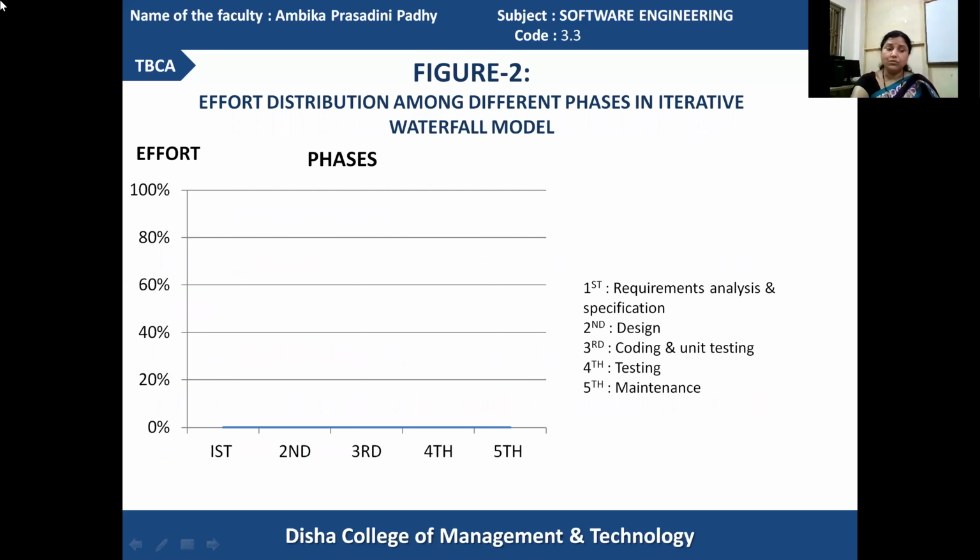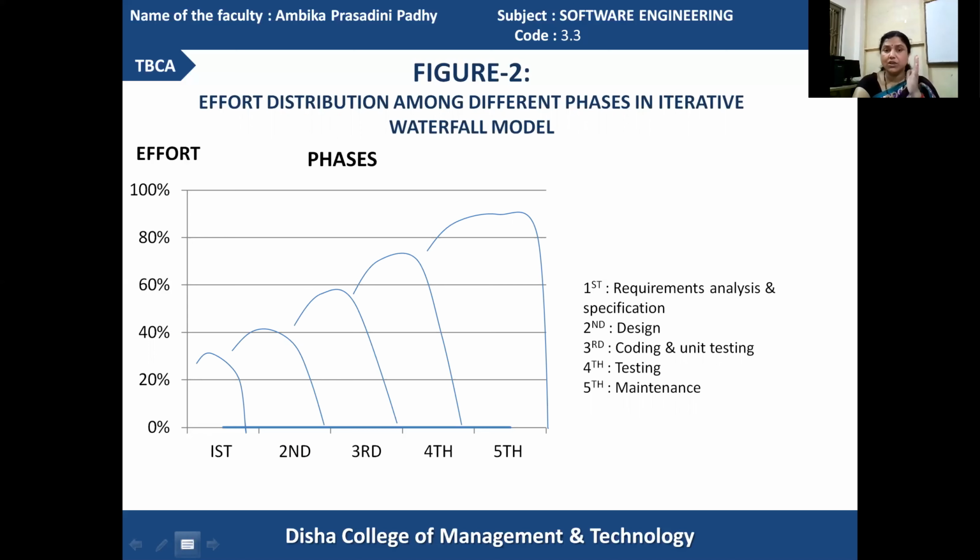Let us come to the effort distribution part. As in the classical waterfall model, we have identified how much effort the different phases require. Similarly, here the first stage, second stage, like requirement analysis, design, coding, testing, require how much effort to be engaged. Let us have a view on that.